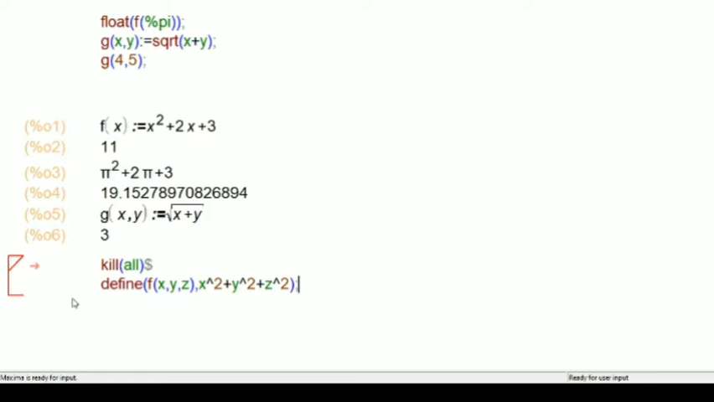Then after this, what do you have to find? We have to find f of 1, 2, 3. Then we have to define another function, g of x, y, z, w, using 4 variables